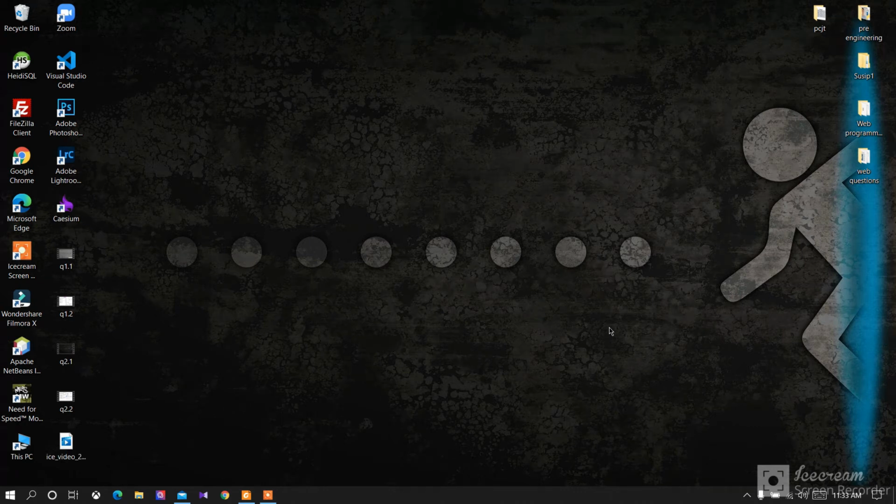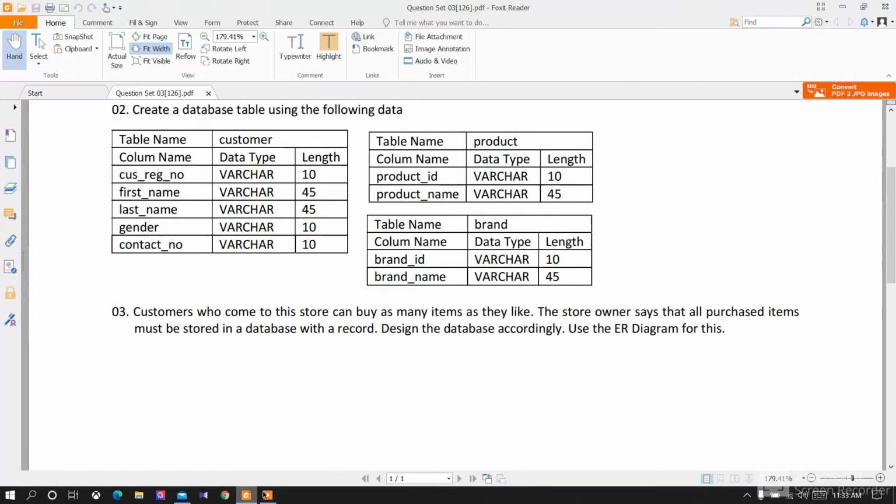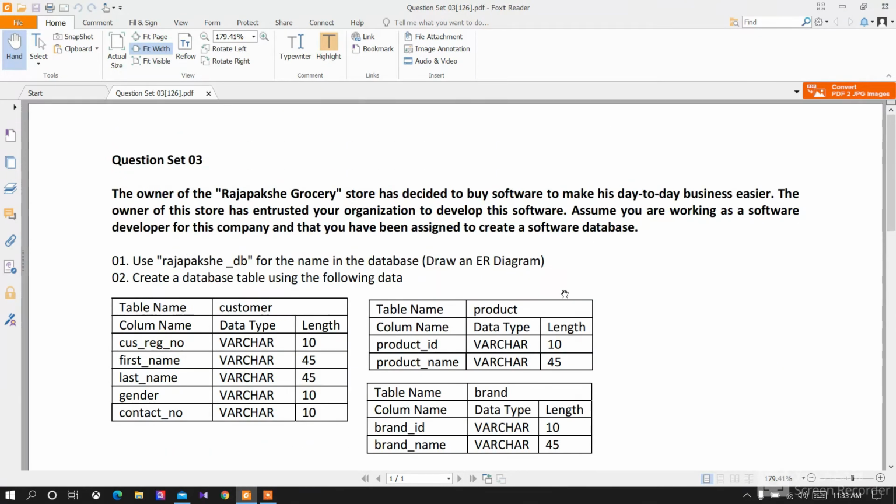This is the question practical session of DBMS. Now I am going to do the third question. Let's see the third question. So in the third question, I am the owner of the Rajapaksha grocery store, and I have decided to